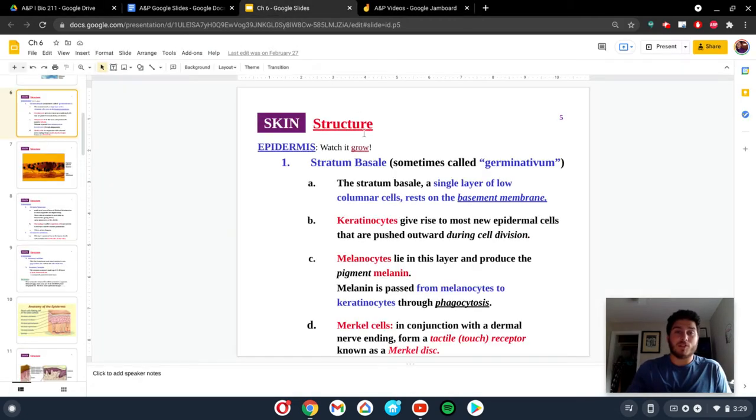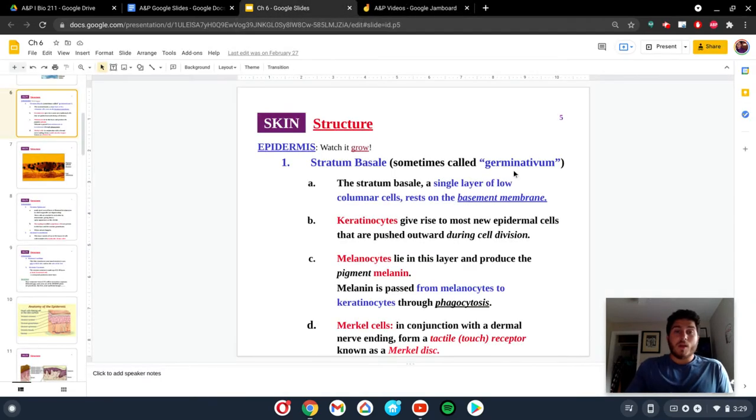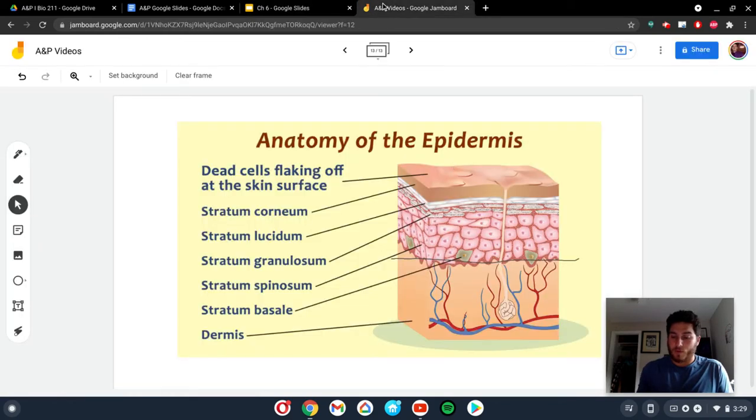So if we look into the slideshow, we are going to be learning about the 5 layers of the epidermis, starting from the bottom. And we're going to move from the bottom to the top. All right, so keep that in mind. We are going from the bottom to the top in these slides. So, beginning with the bottom, this one is called the Stratum Basale layer. This is the very bottom part